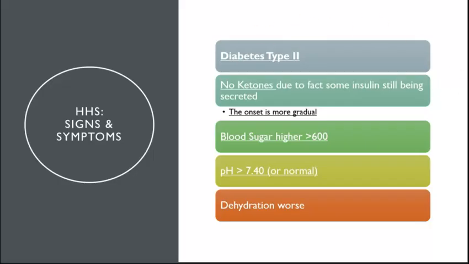How do you tell the difference between type 1 and type 2, or DKA and HHS? DKA is typically your type 1. They have ketones because they're breaking down fat. They don't have insulin, and the sugar, their body's thinking we need more sugar. HHS, they have some components of insulin. They do not break down fats, so they don't have ketones.